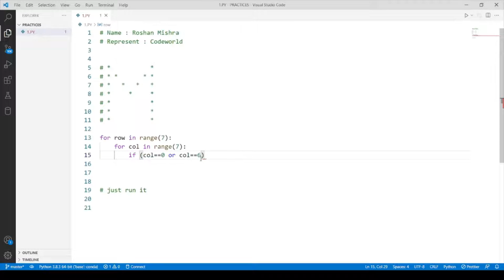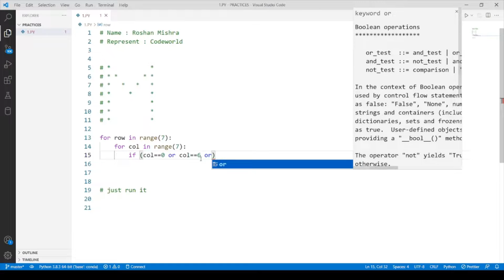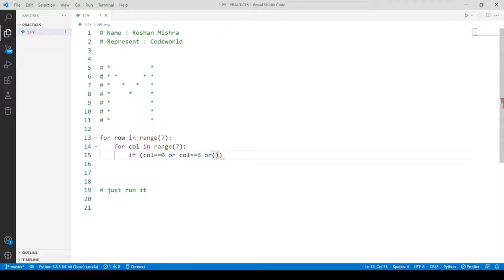We use the or condition. This line and this line get printed, and now we are going to print these 6 stars.